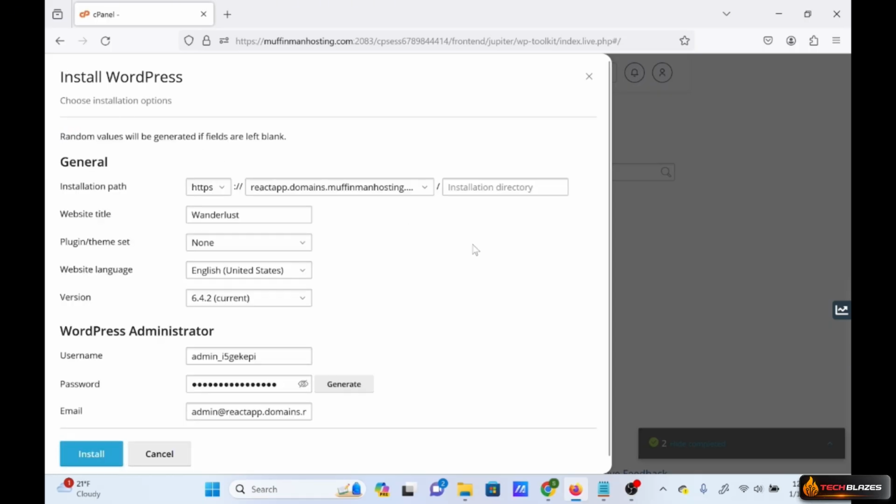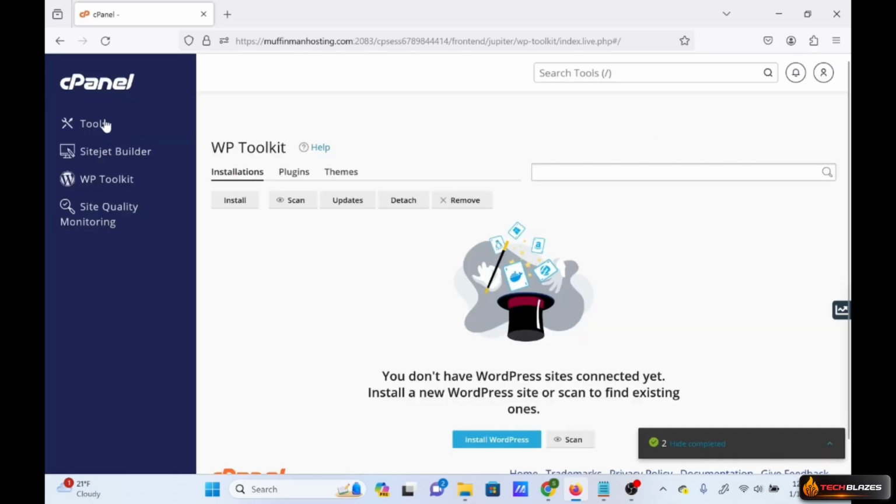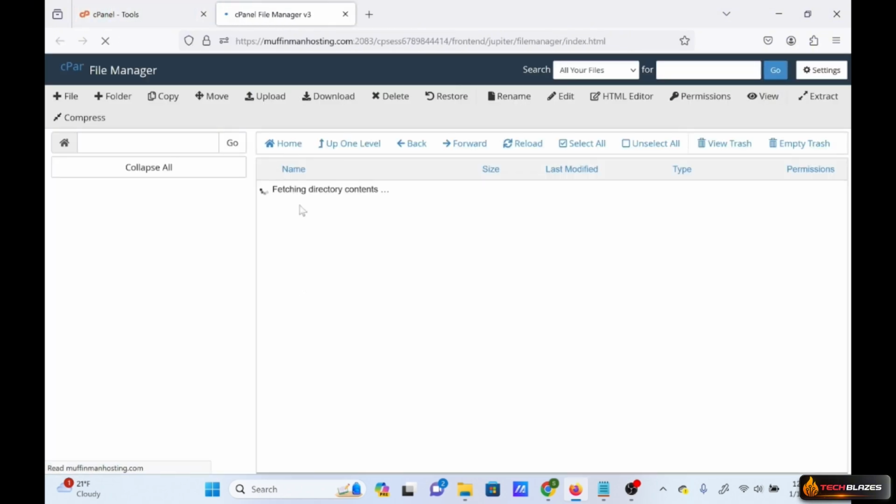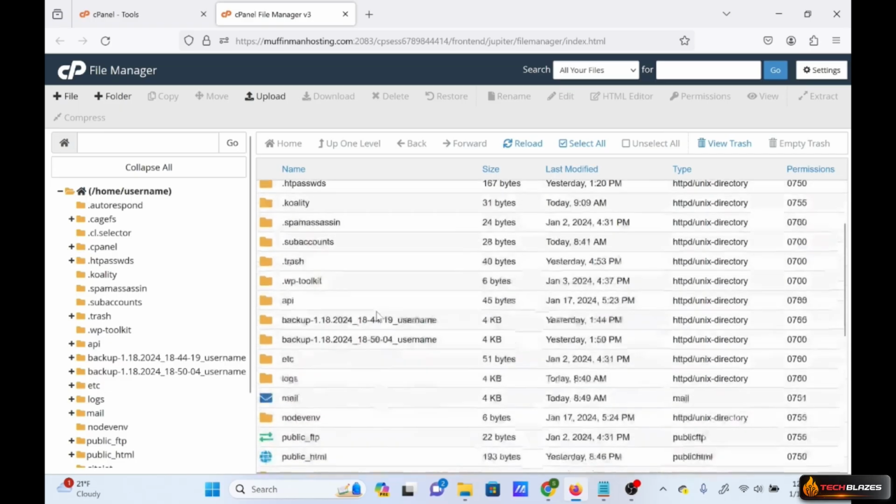And so here you go. And so we're going to give it an installation directory of something else. But if you want your WordPress site to be the WordPress site for your domain, then you leave the installation directory alone and don't type anything in. I'm doing this because, and I can give you an example actually. So if I click X and I go back to Tools, and I go down to File Manager, like in past lectures,